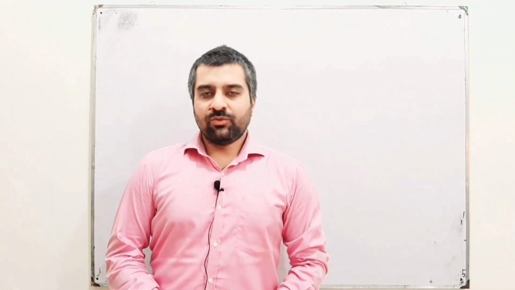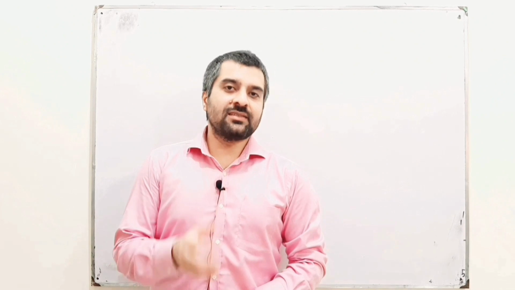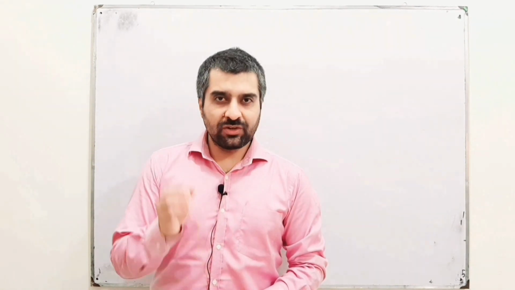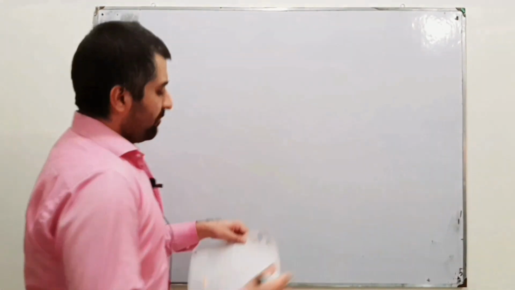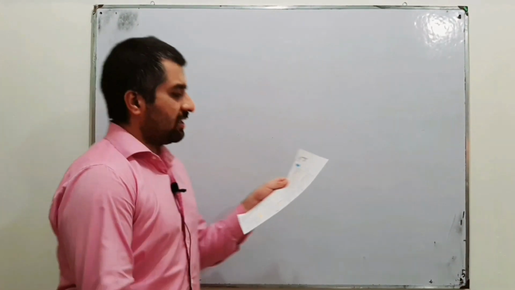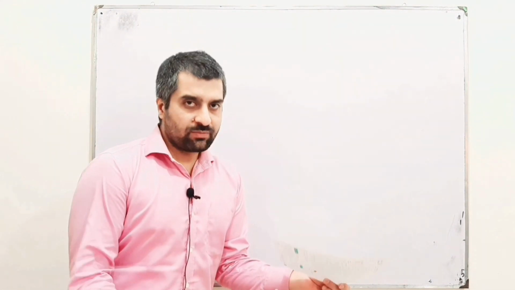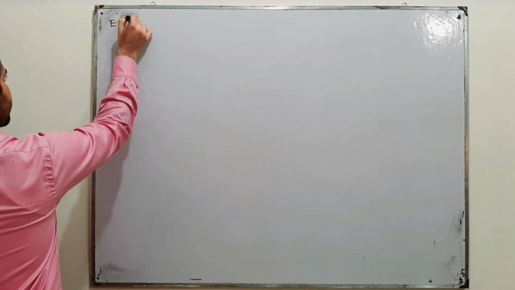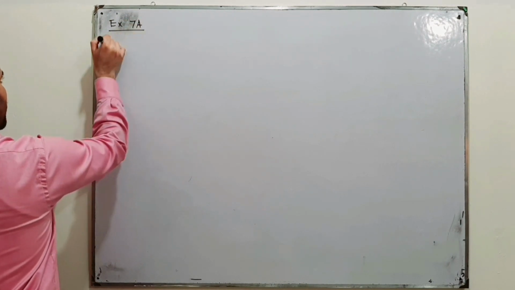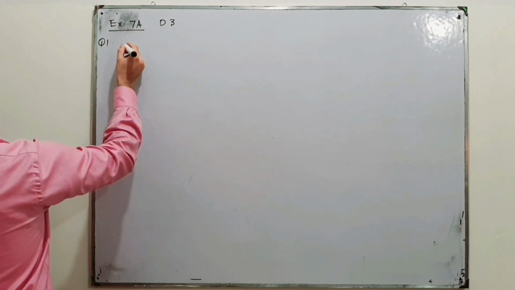Hello everyone, today we are going to work on graph of cubic function. This is exercise 7a of D3 7th edition. Question number 1 is, you have to draw a table which has to be completed. An incomplete table is to be completed, and the book is D3, and the question is the table below.